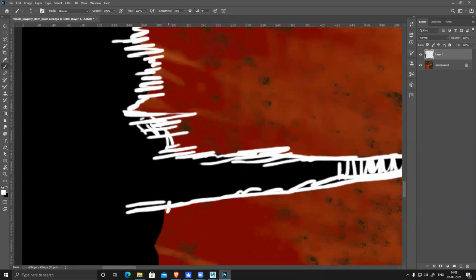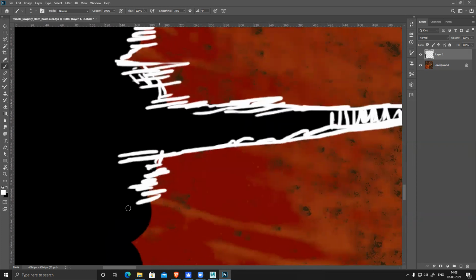Just draw those lines. So black is for alpha, it will become transparent, and white is visible.